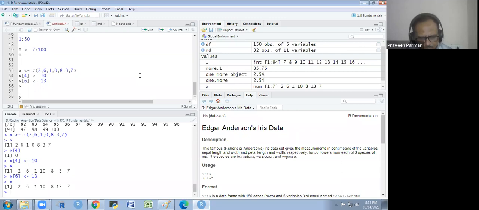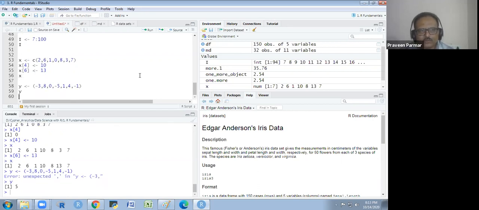I am using one more vector, and this vector I am creating, and I will show you this vector. Oh, what happened to this? Something wrong? I have not written C here.